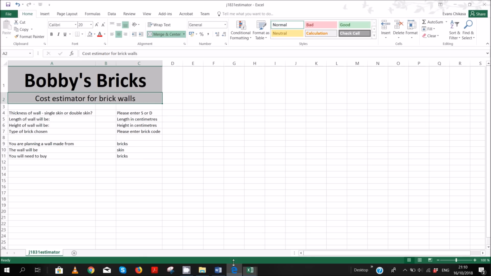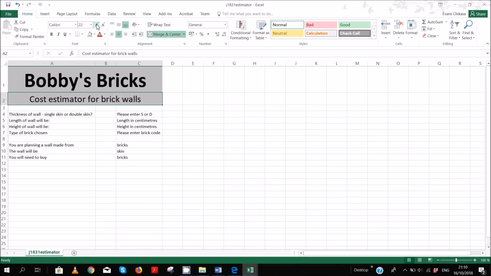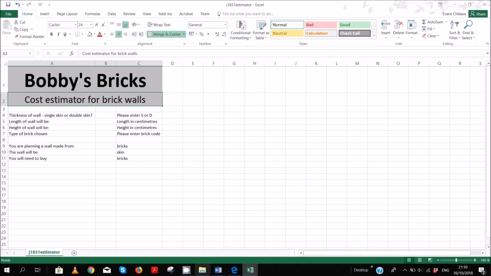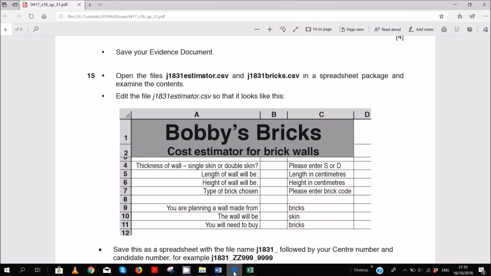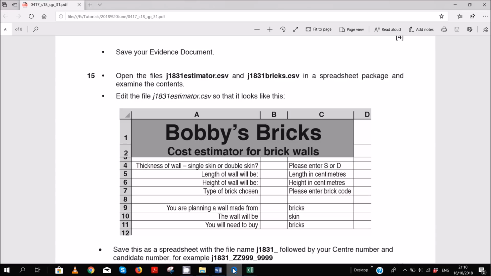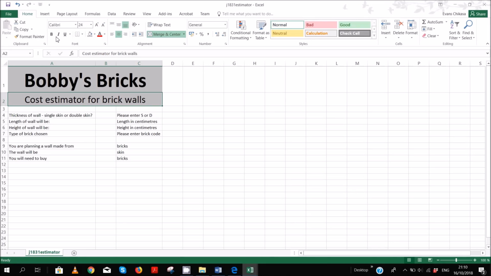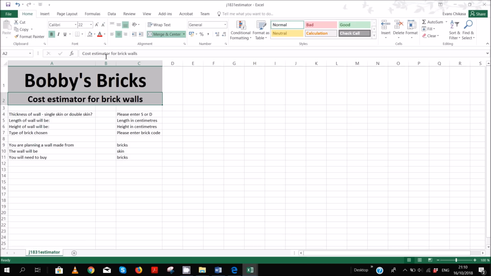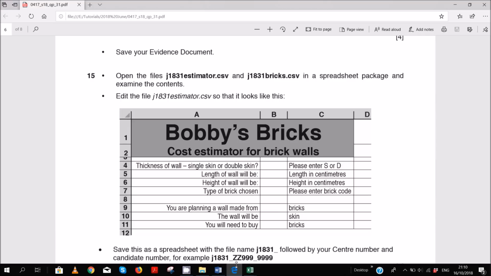So this one is supposed to start near where B is, around there. That should be fine. Yeah, that should be fine. So they are both bold, so you can make this one bold as well and just reduce it a little bit like that. Okay. The next thing that you can do,